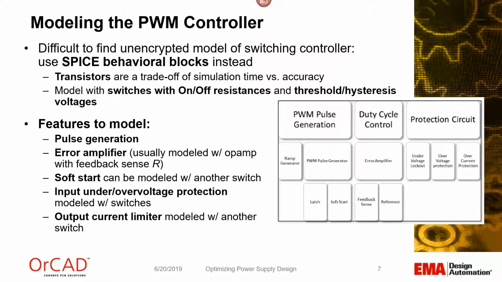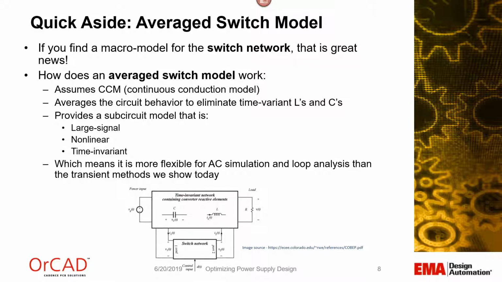Now, ideally, you'd be able to find what we call a sub-circuit model that a manufacturer might give you that is an average switch model or a state average model, as they're called. If you can find one of those, that's really good news, because that kind of sub-circuit model can be used for not just transient analysis, which is what we're going to mostly focus on today, but also for AC simulation